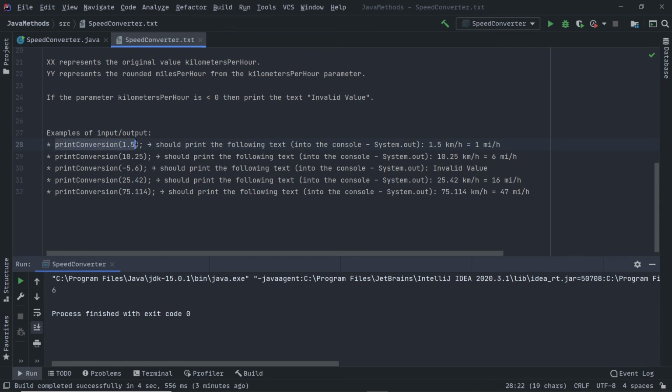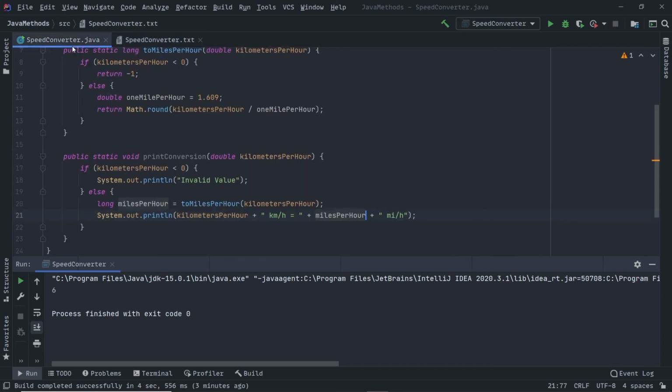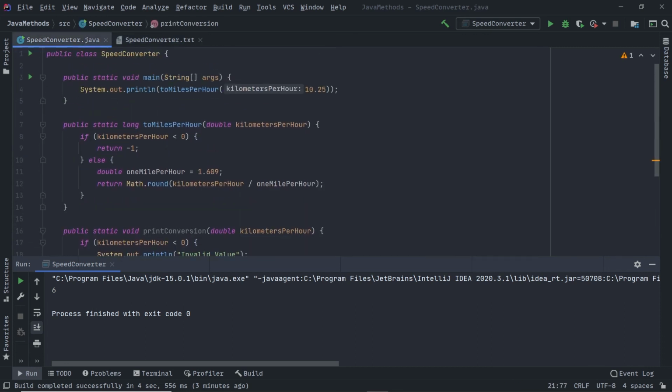So the output we need to get should be 1.5 kilometers is 1 mile per hour. So here in the main method, call this function, press Shift F10 to run it. So we will get 1.5 kilometers is 1 mile per hour.